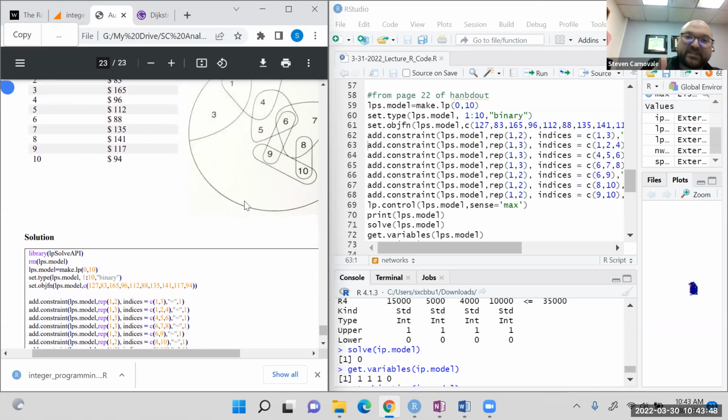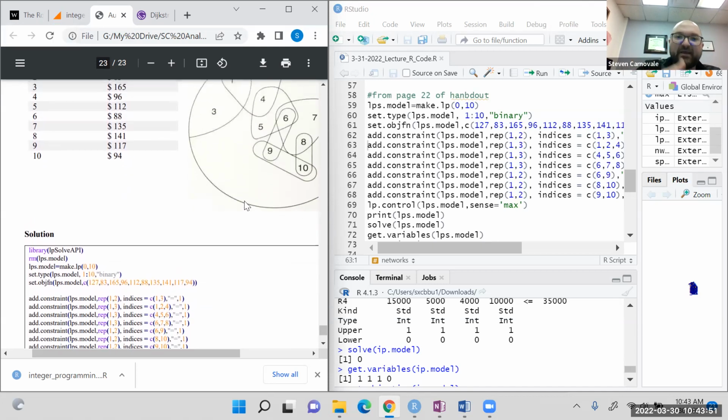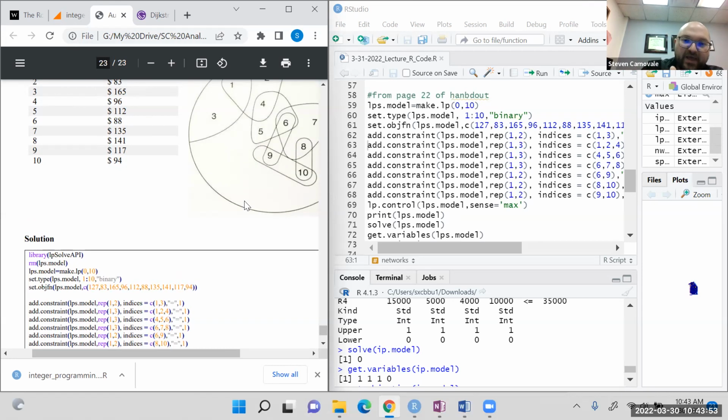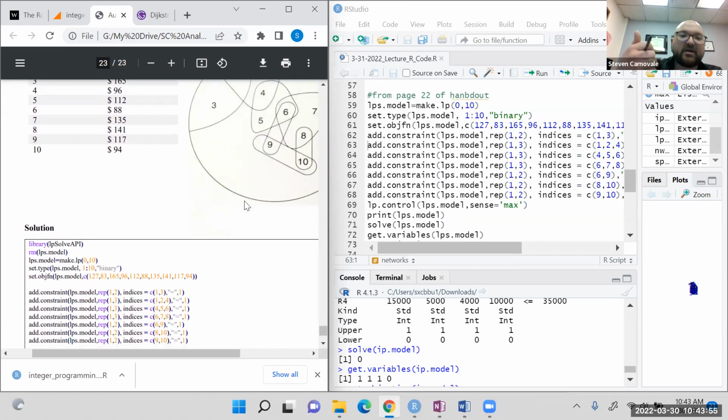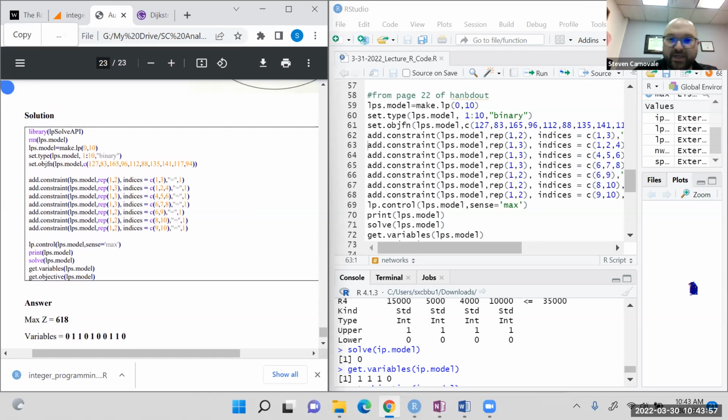I do this for 4, 5, and 6. I do this for 6, 7, and 8. I do it for 8 and 10. I do it for 9 and 10. I do it for 9 and 6. And I have right there my constraints. So what I do when I solve this, and you can follow along with what's happening to the left,